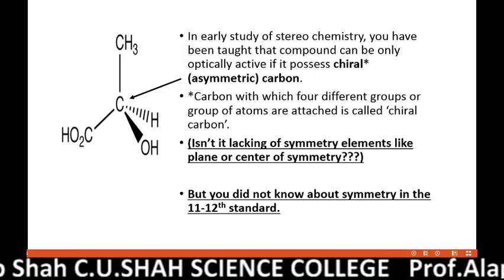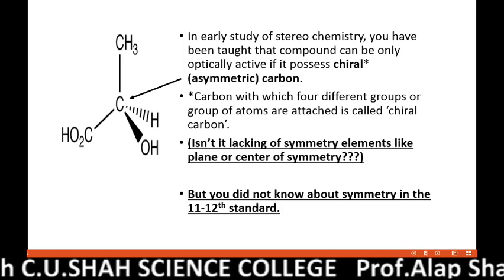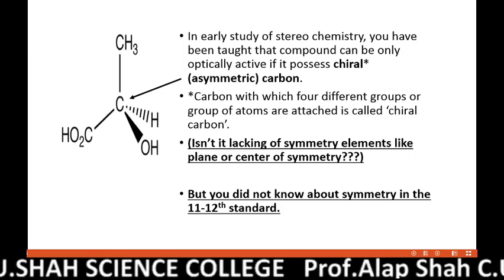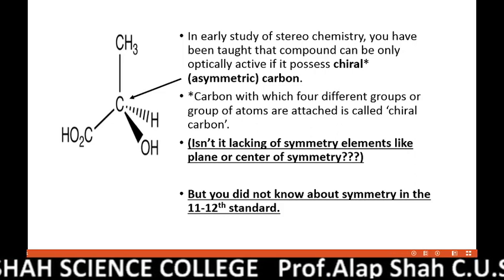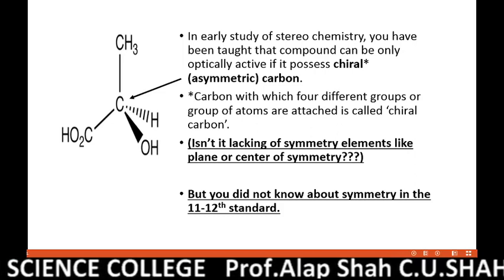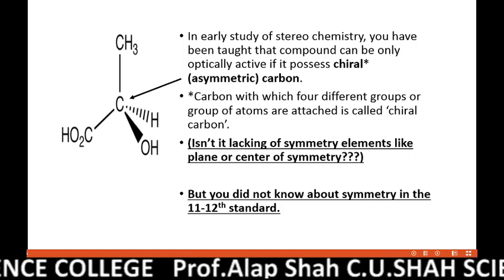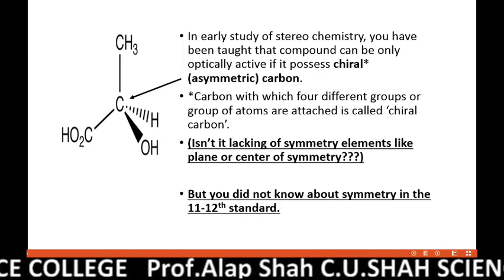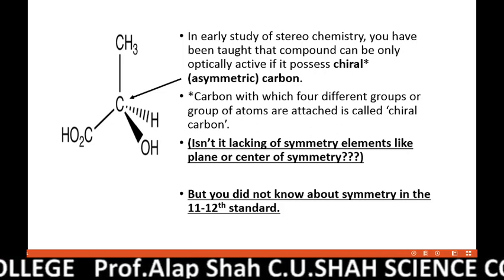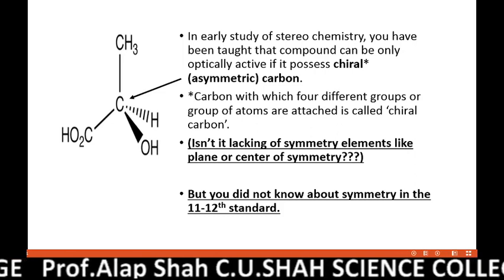You all know that. Carbon with which four different groups or group of atoms are attached. We call that carbon a chiral carbon. In the figure you can see the example of lactic acid. Lactic acid is 2-hydroxypropanoic acid. The carbon shown with the arrow is chiral carbon, because four different groups, methyl, COOH, OH group